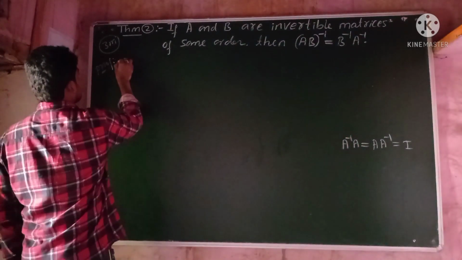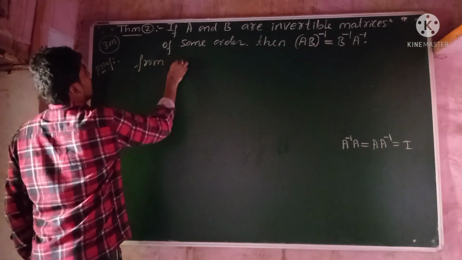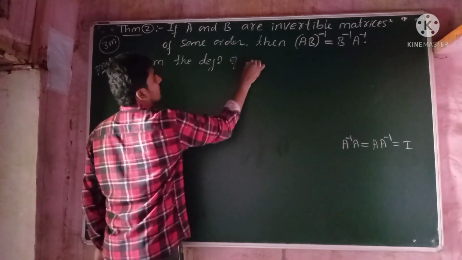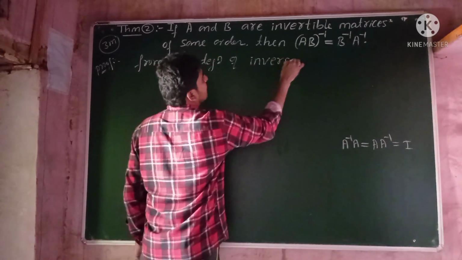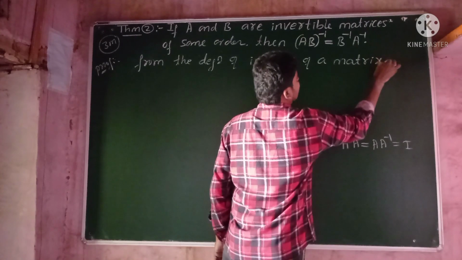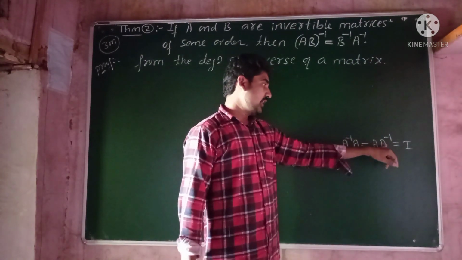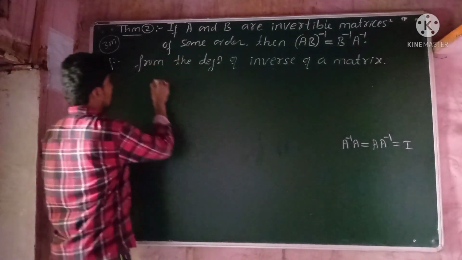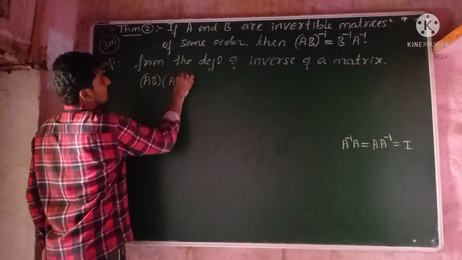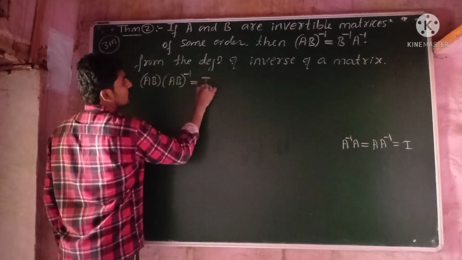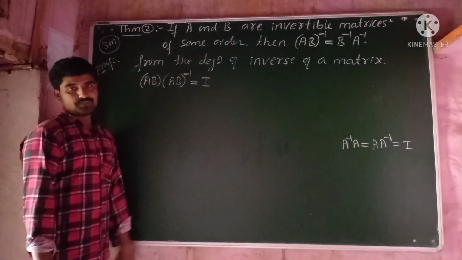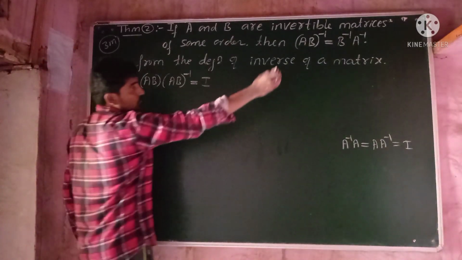So therefore, from the definition of inverse of a matrix, if A into A inverse is equal to I matrix, then matrix AB into AB inverse matrix should be equal to unit matrix. By using this, in place of A, we have taken AB. And now, to prove this,